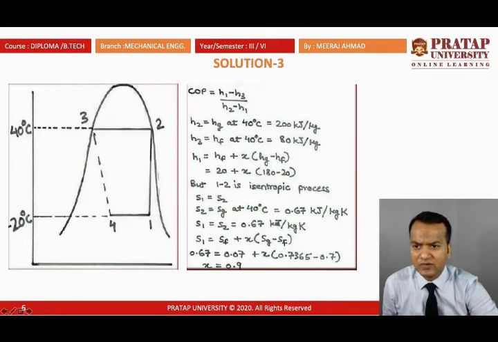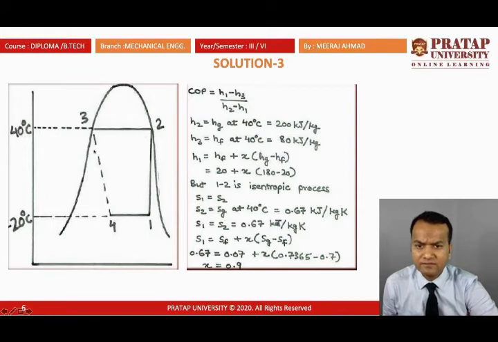Then after that the expansion process should be there in the expansion device, which is a throttling process, where the enthalpy should be constant, which is H3 is equal to H4. So, it meets at point 4. Then at point 4 the heat should be extracted from the storage space. So, then you get point 1. From here you can draw the TS diagram as given in the numerical itself.